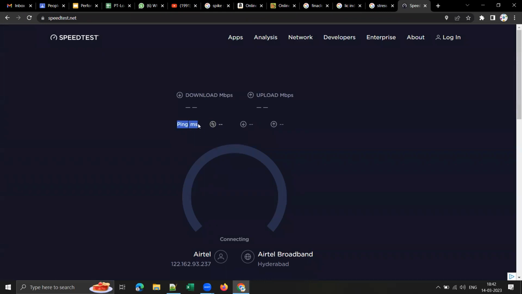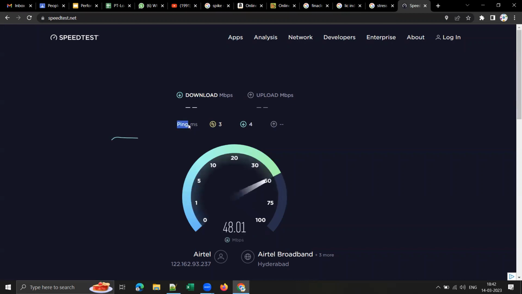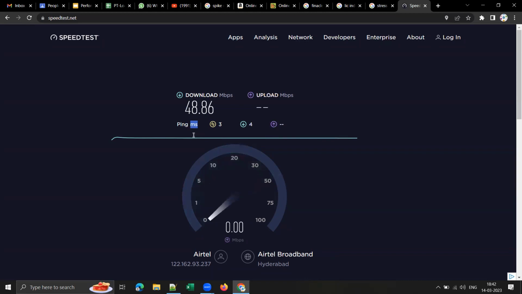There is something called ping time. This is important. Ping time means reaction time. You see here, the ping is 3 ms, that is 3 milliseconds. Ping time is nothing but reaction time. You see a tooltip over there, right?